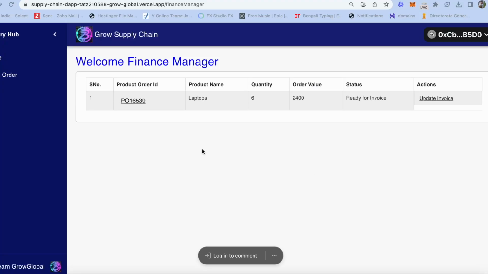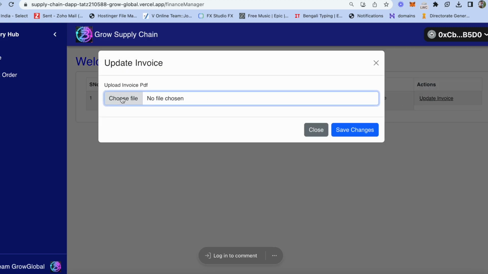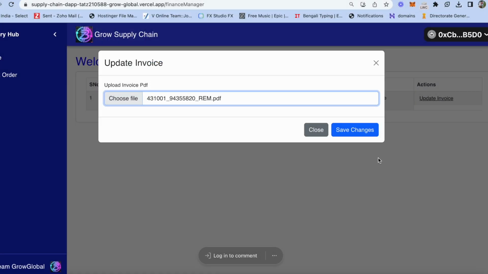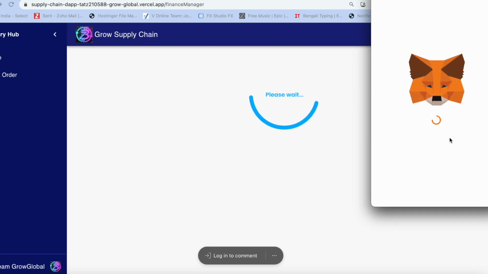Now I'm logged in as the finance manager. I can only see those sales orders which are ready for invoicing. So this is where I will update the invoice that needs to be sent out to the customer. For the sake of the demo, we'll just put a PDF file out here. At this moment, we are again